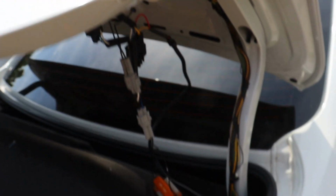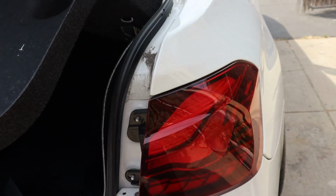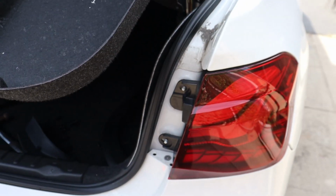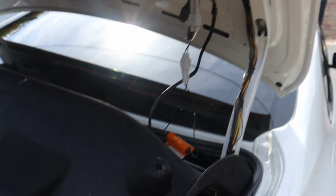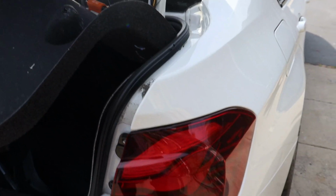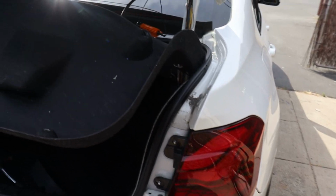I have both parts of the taillight all connected to all the electrical connections, so everything is connected to some sort of power source. I just need to mount everything and put the bolts and cover this back up. But before I do that, I'm gonna make sure that everything works and turns on. So I'm gonna go ahead and,